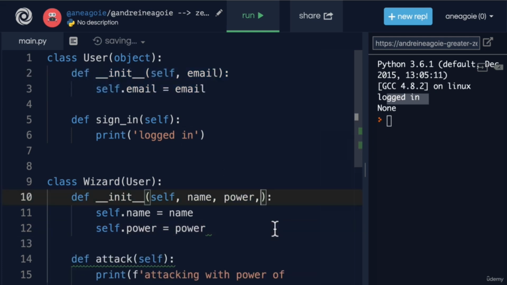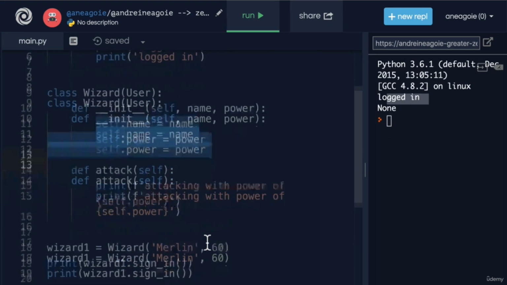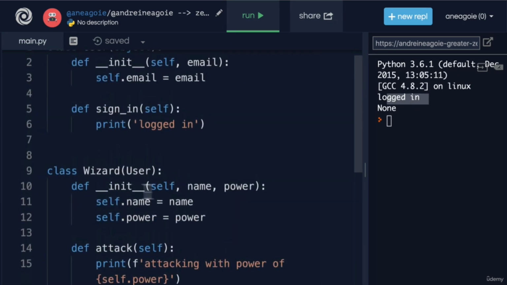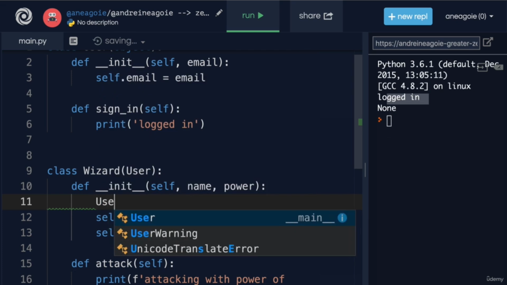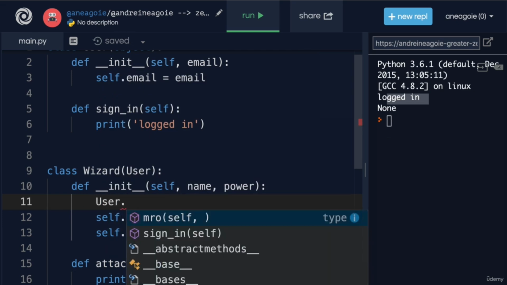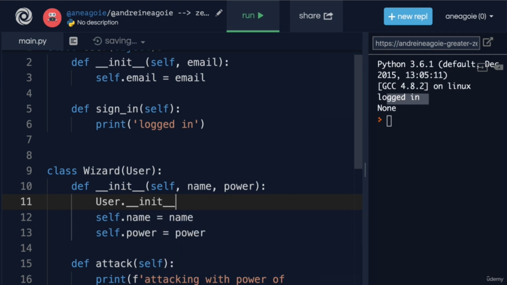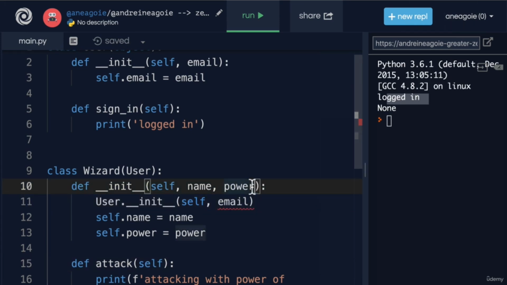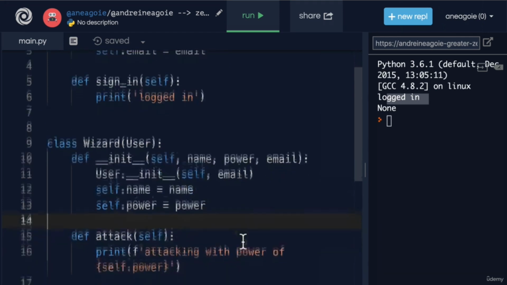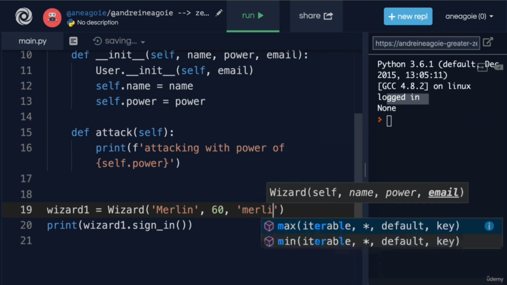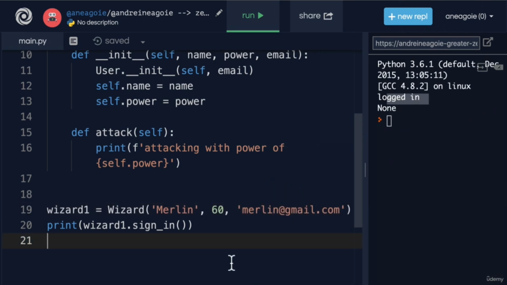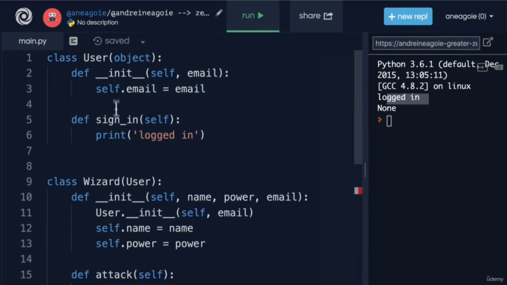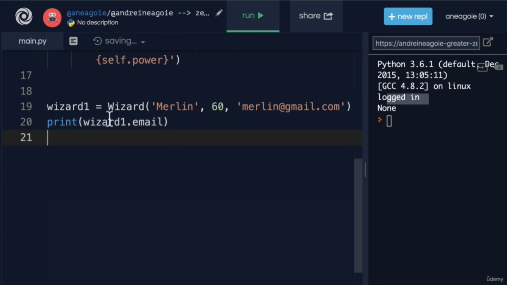So what's a more efficient way of doing this? Well, we want to call the init method of the user from inside here, right? Because every time we instantiate a new wizard, this init function is going to be called. So the way to do that is to say user.__init__, and then give it the self, and then email. And then the email is something that we pass in. So that if I go down here, I can say merlin@gmail.com is going to be the email. So that now, if I do .email for wizard1, and I click run,